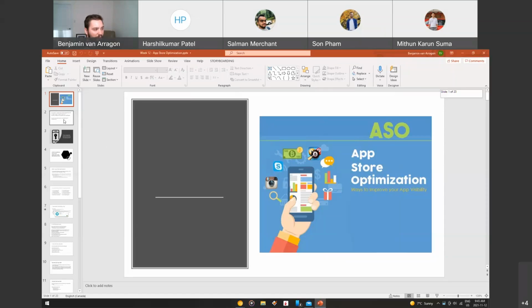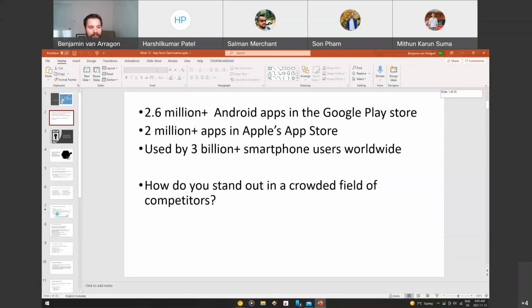All right, so some interesting facts for you here about the App Store. On the Google Play Store, I think this number is probably wrong now, but there's over 3 million apps on the Play Store and over 2 million apps on the Apple App Store. I believe that number has greatly improved since then. And then 3 billion smartphone users worldwide. Apparently, there's more smartphone users than people who own a toothbrush. Is some crazy fact out there. So everyone should be brushing their teeth, but apparently more people own a phone than own a toothbrush, which is